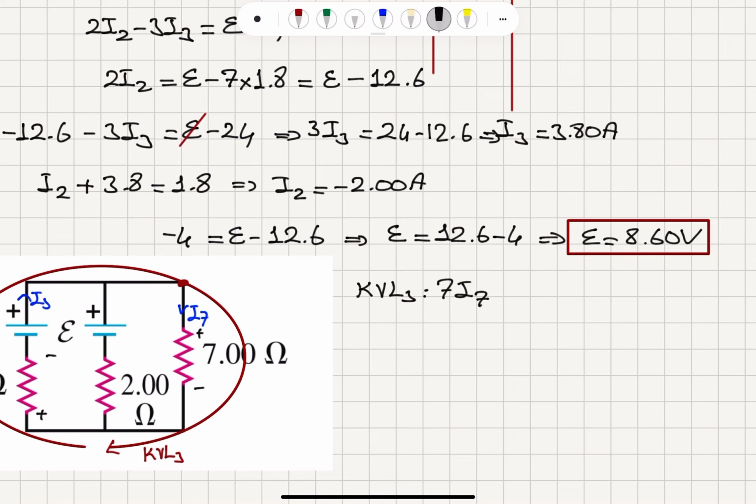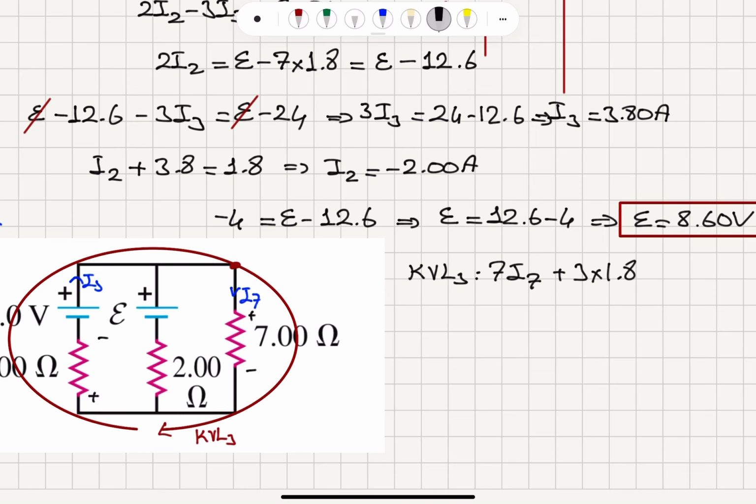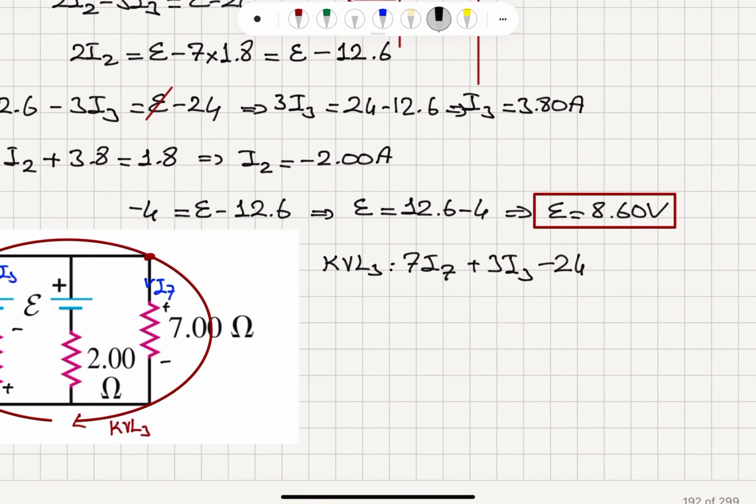So KVL3 equation, this is just to check the result. 7I7 plus 3I3 and minus 24, this should be equal to 0. So let's write what is 7I7. So it is 7 times 1.8. What is 3I3? 3 times 3.8 minus 24. And this is equal to,